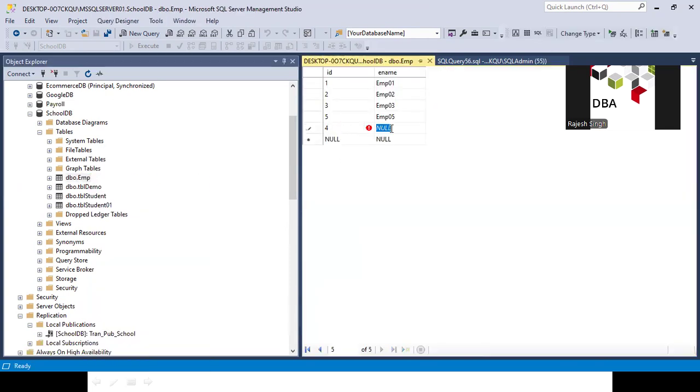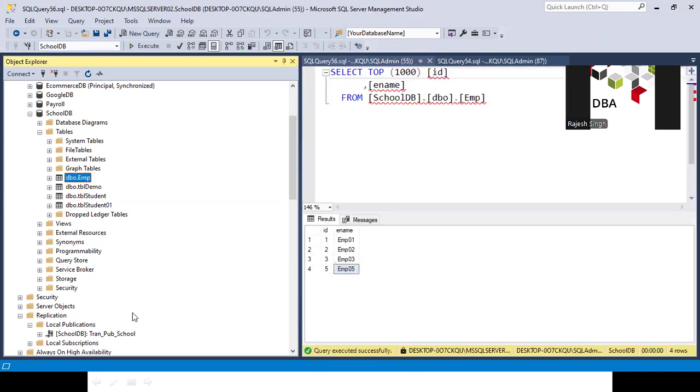You got my point? Basically, it will try to reinsert this data, and the data is already available in the subscriber machine. So what is the problem here? The distributor will raise a duplicate record error, because the fourth record is already there, and once again the distributor is trying to insert data into the subscriber.